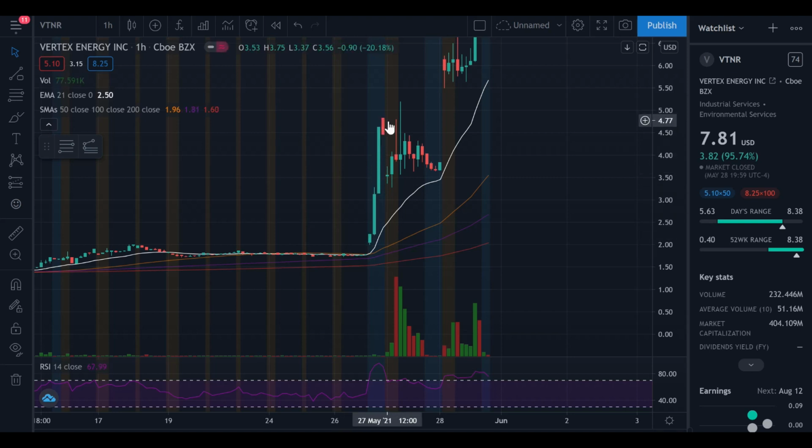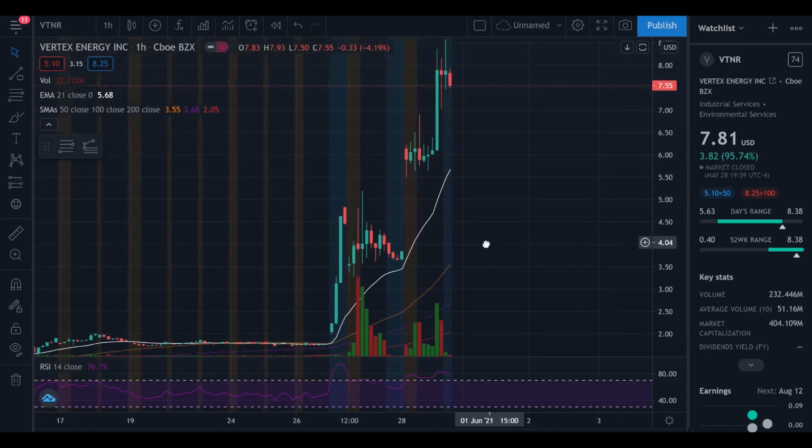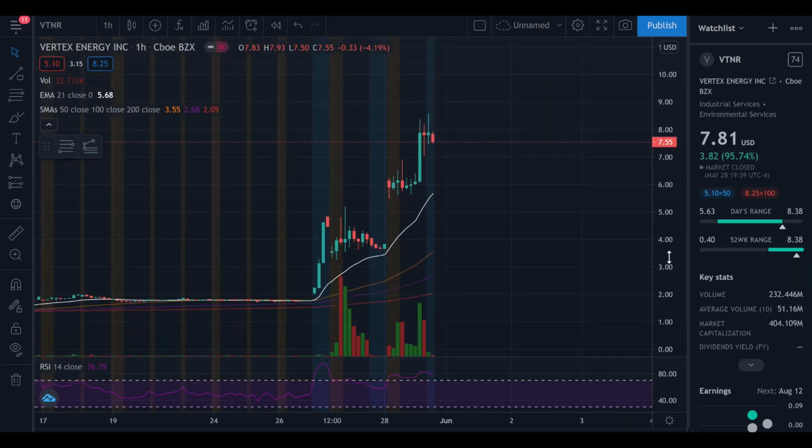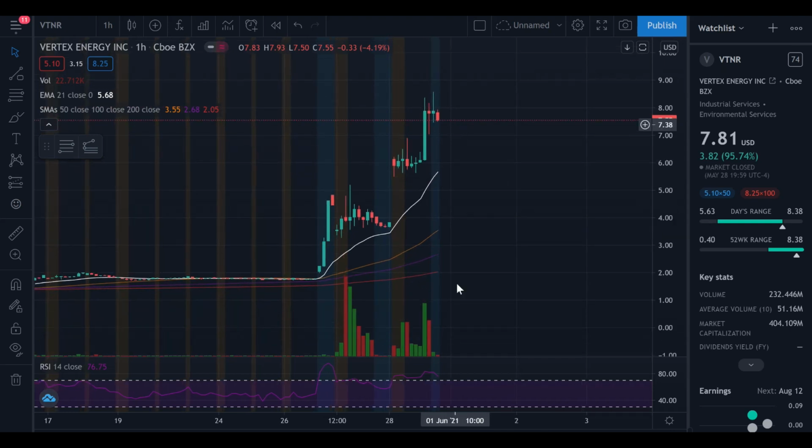Then you see the price come down here, and this is the flag formation. This bit here is a consolidation of the price action, and then you see a breakout again. It gapped up on that announcement of that $25 price target. Let me just zoom out a little bit here. The RSI is at 76, so it's in the overbought territory. So you might see a bit more consolidation, but most likely what I'm expecting is just to see more flag